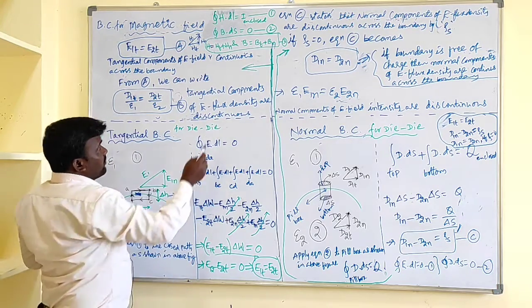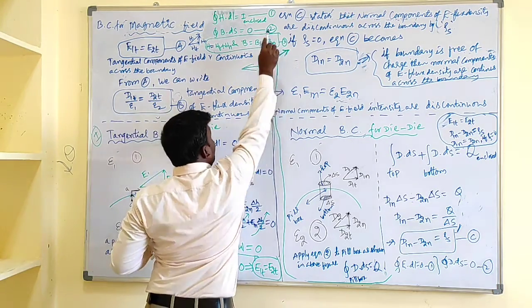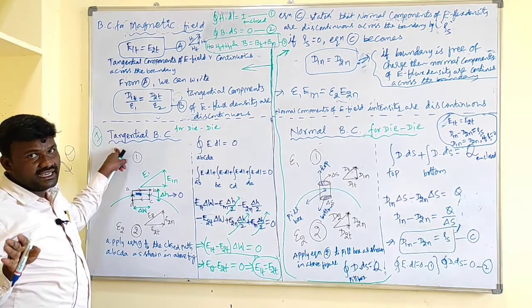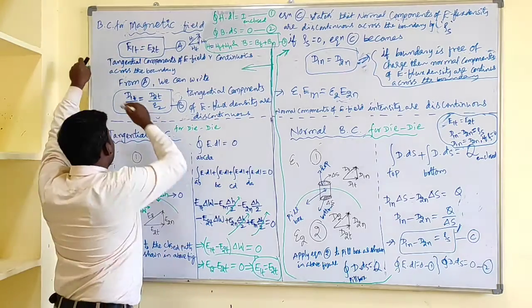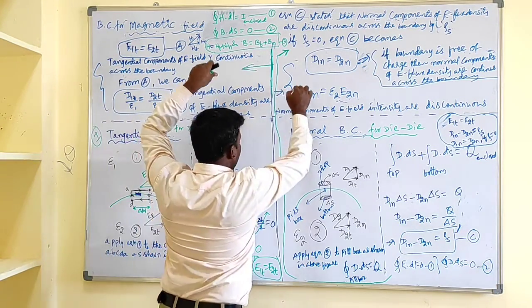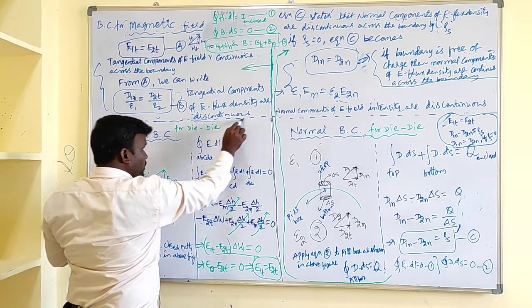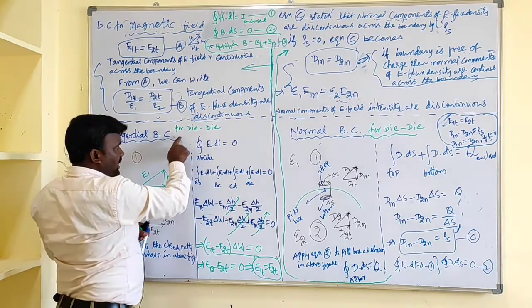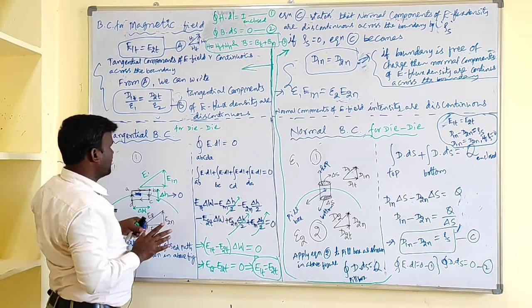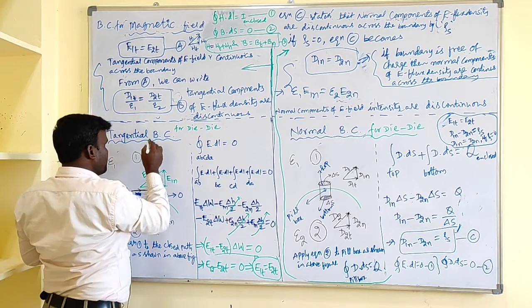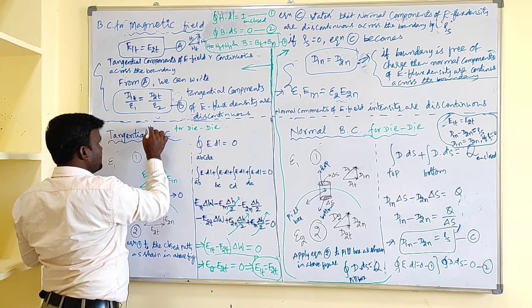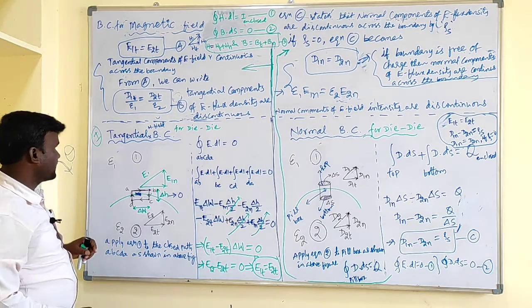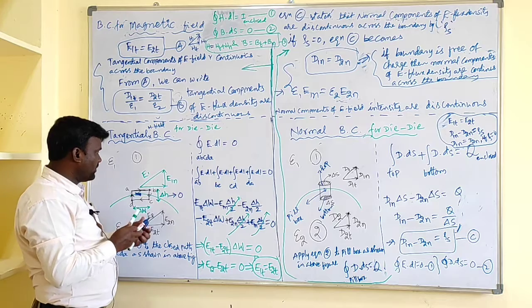Next, from the third equation we need to jump here. We have tangential boundary conditions and normal boundary conditions. This part we will see later. Moving below the dotted line, tangential boundary conditions for the dielectric. That is the tangential magnetic field boundary conditions for the dielectric. We need to replace this E1 with H1.